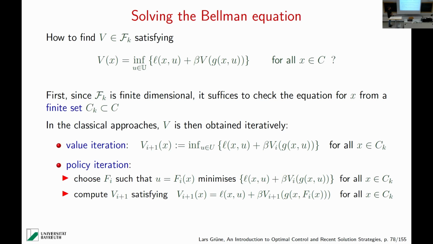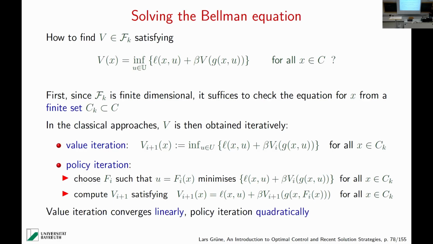There is a more involved technique, which is called policy iteration. Again you have some initial guess, and then you already have some VI. Then you look at the feedback law that minimizes this VI pointwise in the set of points that are of interest. Then you solve the fixed point equation, but not with this infimum, rather for this fixed feedback law. That's a much simpler problem. That's a linear problem. You can use very efficient linear equation solution techniques for that, like conjugate gradient, which work very nicely there.